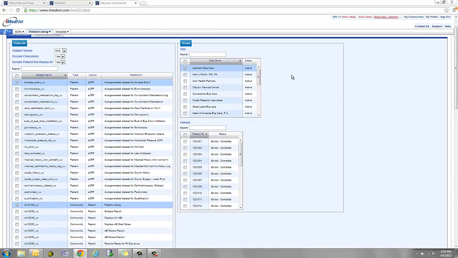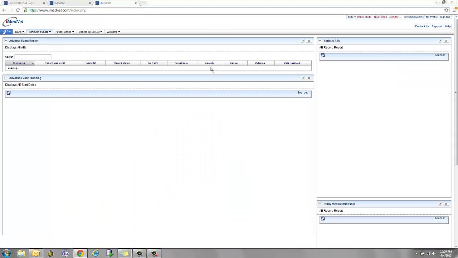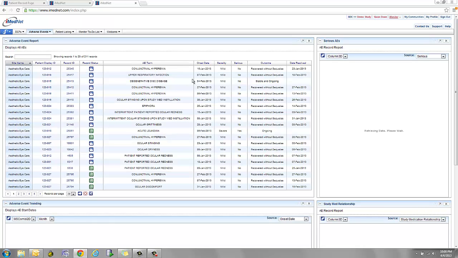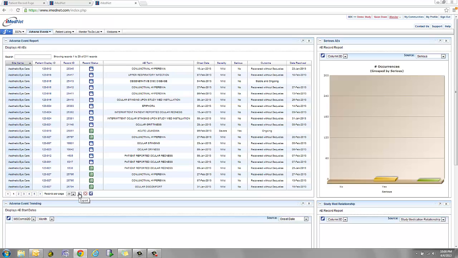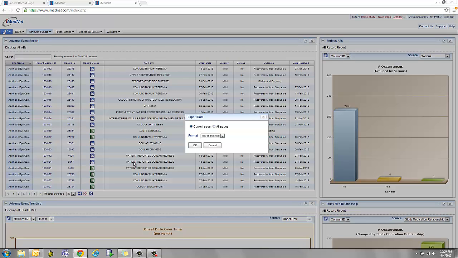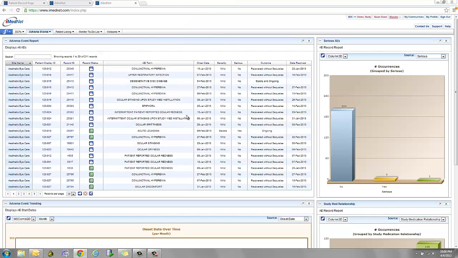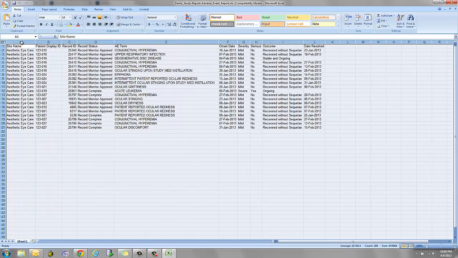One more quick thing I wanted to mention as well is in any of these dashboards, so we'll go back to the monitor role as they had a couple extra dashboards. We can export any of these reports from this field as well, or this view. They have export buttons at the bottom of the report. And again, we can export just what you see on the screen, all pages, and either into Microsoft Excel or XML files. I'll show you what this would look like. And here is your AE report, the first 20